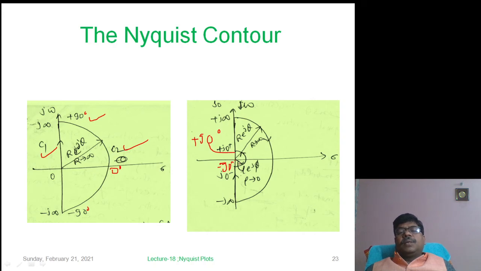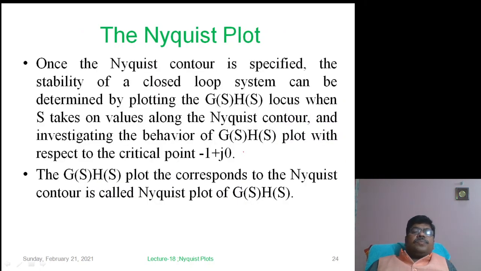So there will be a detour, and this is the contour that will be covering the point or pole at the origin. So, if the Nyquist contour